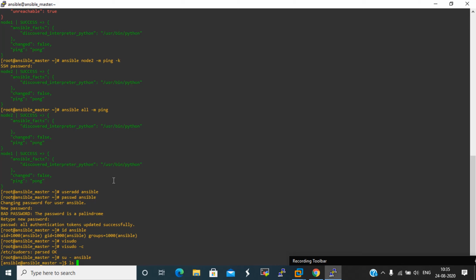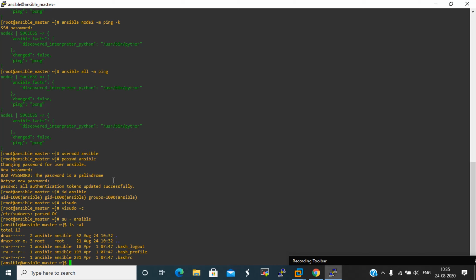By default, there are no SSH keys there. We have to create one SSH key and push it to all the nodes for passwordless login.